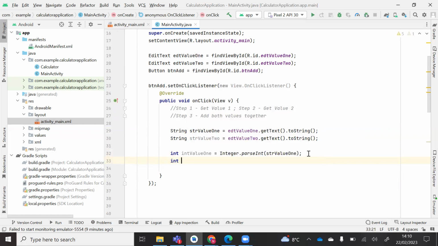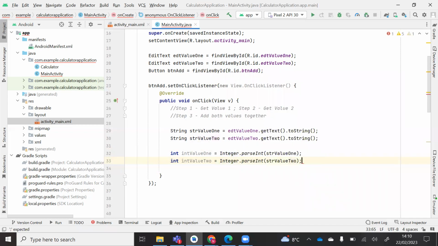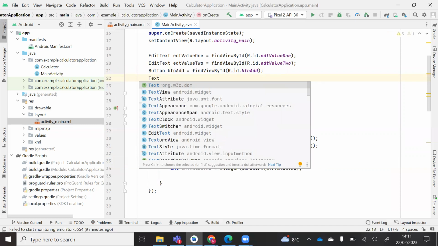So I'm going to do the same thing for intValue2 equals Integer.parseInt, and I'm going to pass in strValue2. And then there we have it. The next thing that we need to do now is display that result onto the screen. I forgot one thing at the start, which is to also find my txtResult. So I'm just going to do TextView